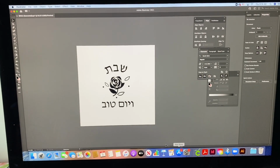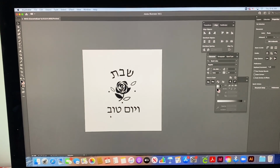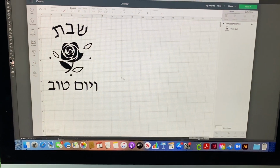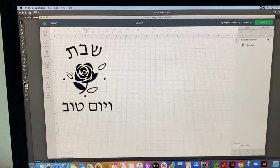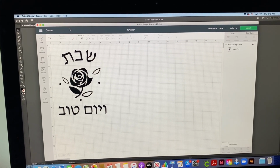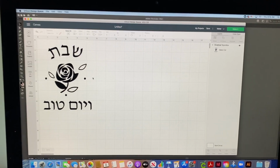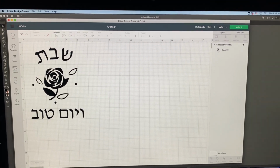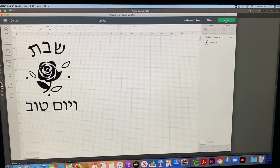So the first thing I did was I created this design using Illustrator. And then I went over into Cricut and I uploaded the file as an SVG. You can also save it as a PNG or JPEG. There's a bunch of different file extensions that you can use within Cricut. And then I just click make it,